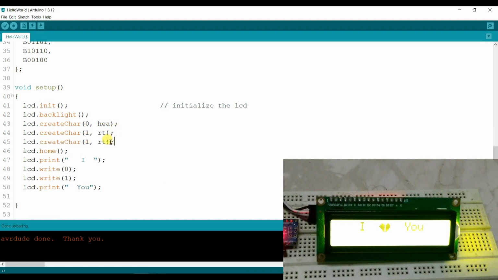I have to again create a character with the help of that data.